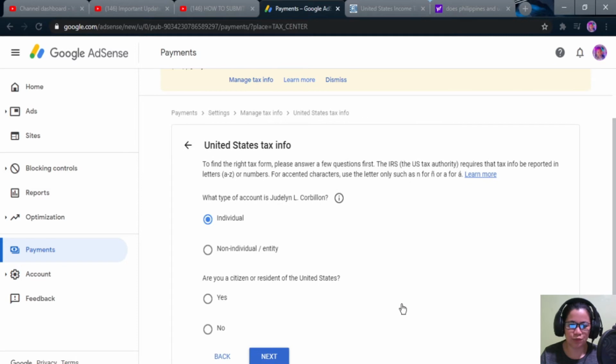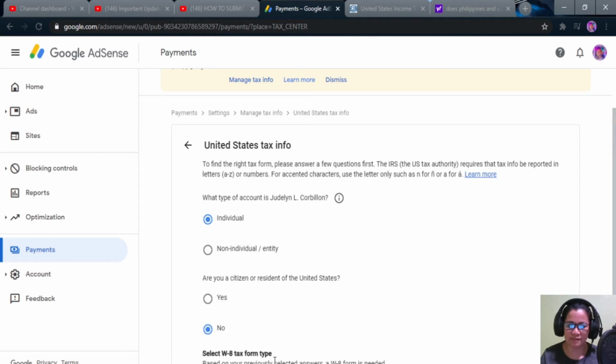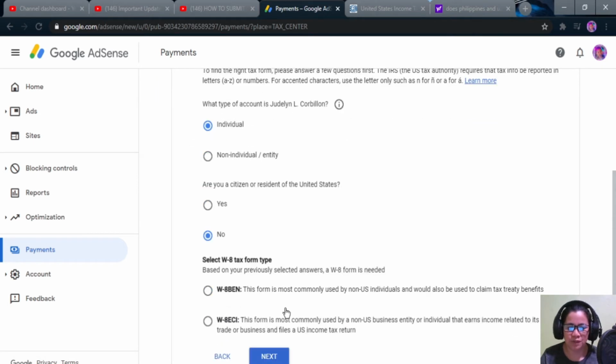And then there's another question. Are you a citizen or resident of the United States? So no, since I'm here in the Philippines and I'm not a resident, either a citizen. Then after that, click next again. Okay, so here another selection will pop up. So select W-8 tax form type,